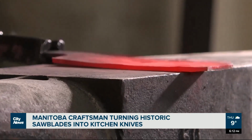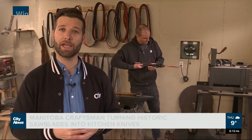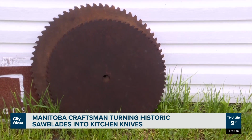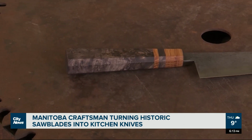That's the amazing thing about metal, not just steel, is it's like 100% recyclable. Getting a second chance to cut. Historic saw blades that help build the Canadian prairies are getting a new life after being upcycled into one-of-a-kind chef's knives. Circular saw blades that milled timber in the 1850s are being transformed into Japanese-style kitchen knives more than 100